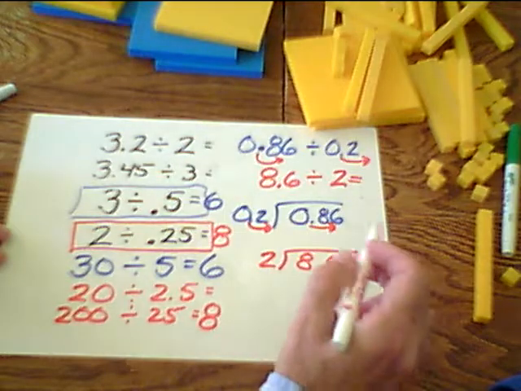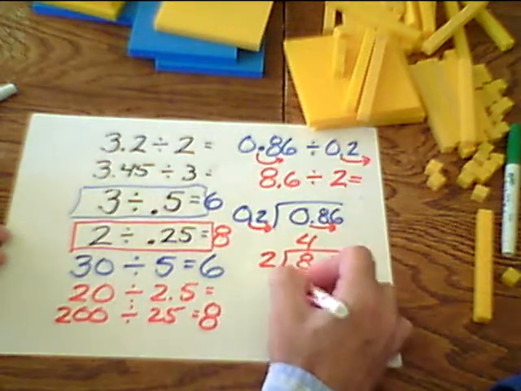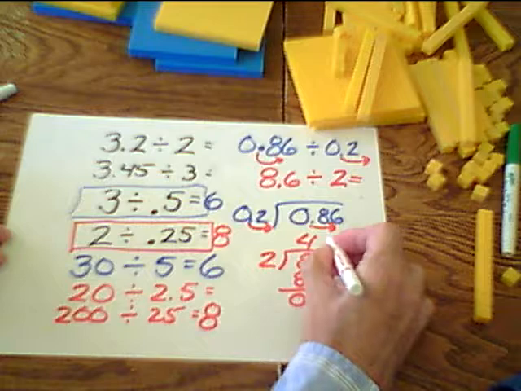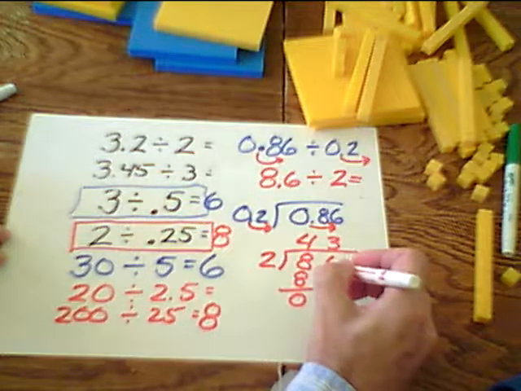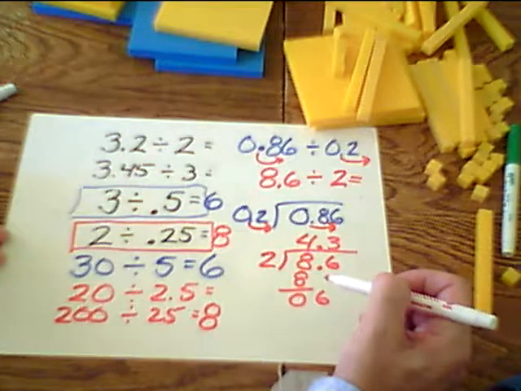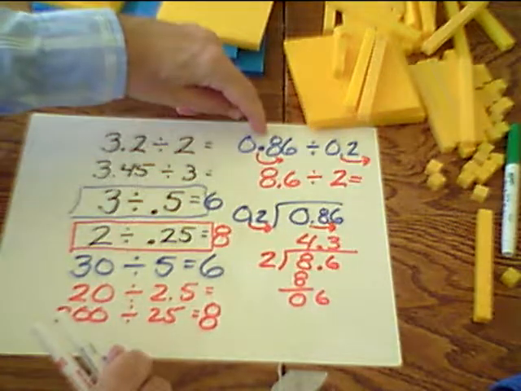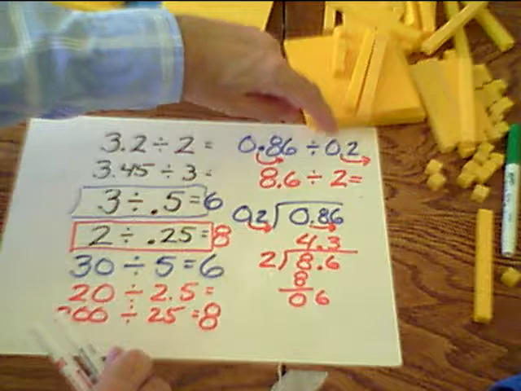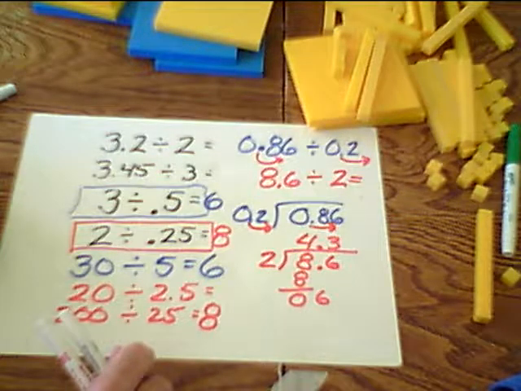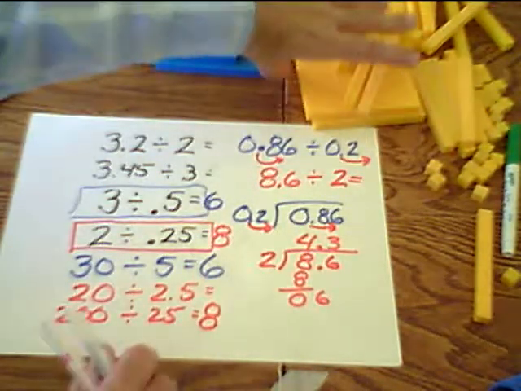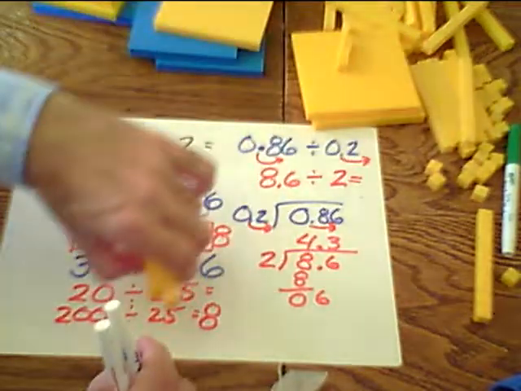I think of it like 86 divided by 2. I get 43, and then I count for the decimal point, 4 3/10, and sure enough, if I take 0.86 or 86 hundredths divided into 0.2, okay, so that would be